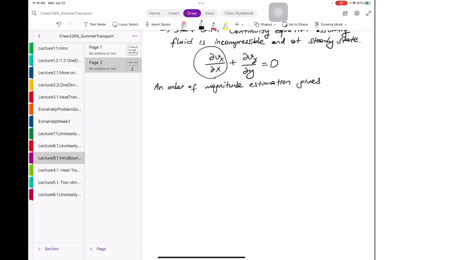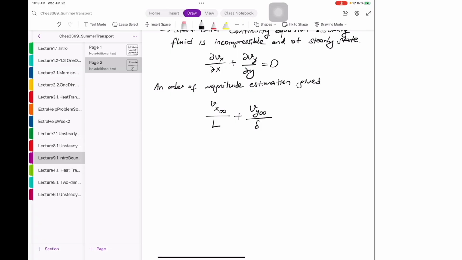This one is in the order of Vx infinity divided by L. So this is in the order of V infinity, this is in the order of length. So this derivative is in the order of Vx infinity divided by L, plus the second term is in the order of Vy infinity divided by delta,